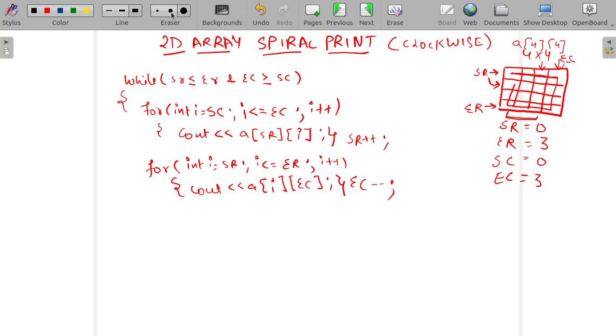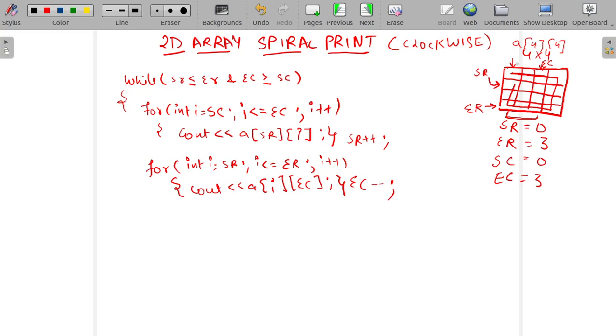So let me erase this and also erase this. Now as you can see, our end column is pointing here. We have to print this row keeping our end row constant, and we will iterate from end column till start column.